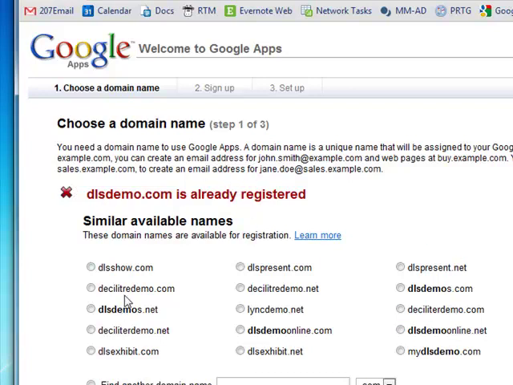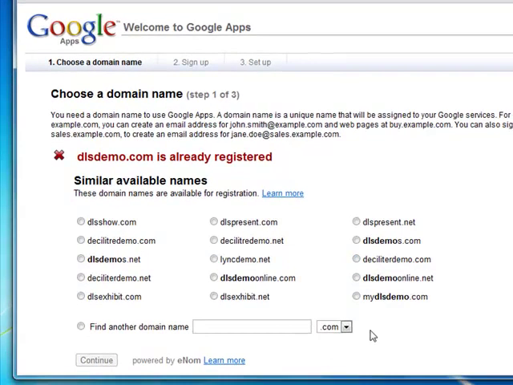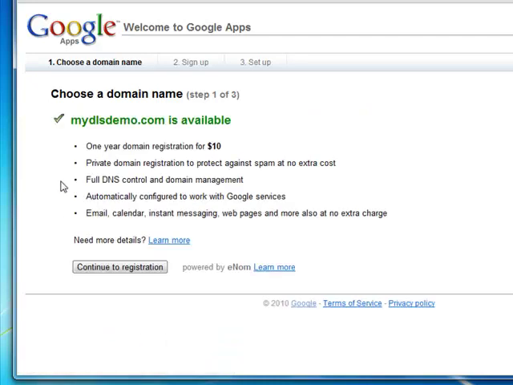Then it gives you some other ideas about that name. But essentially you can find a name, so we'll say my DLS demo, or you can search for something completely different down here. Press continue. At that moment, you continue to the registration,